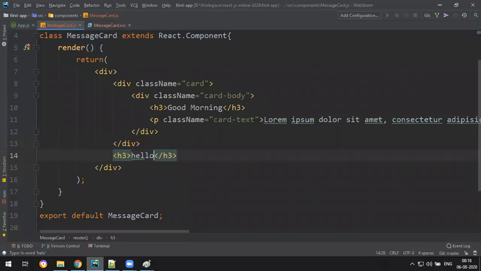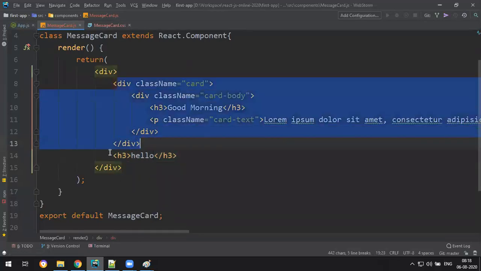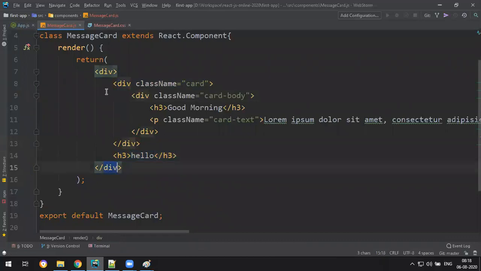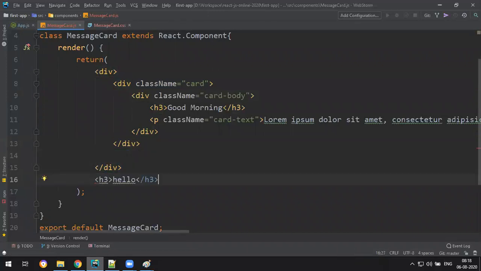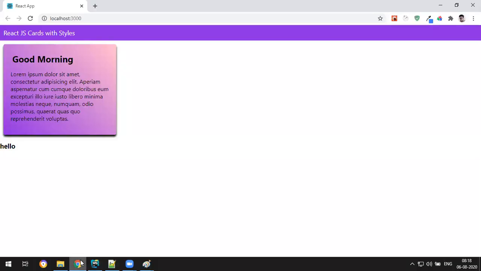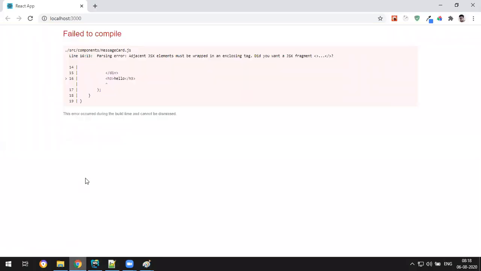It happily works because now your division and your h3 are enclosed in the parent division. What if I cut the h3 and keep it outside here? You get the error. Just see here, you got an error. The error is a parsing error.